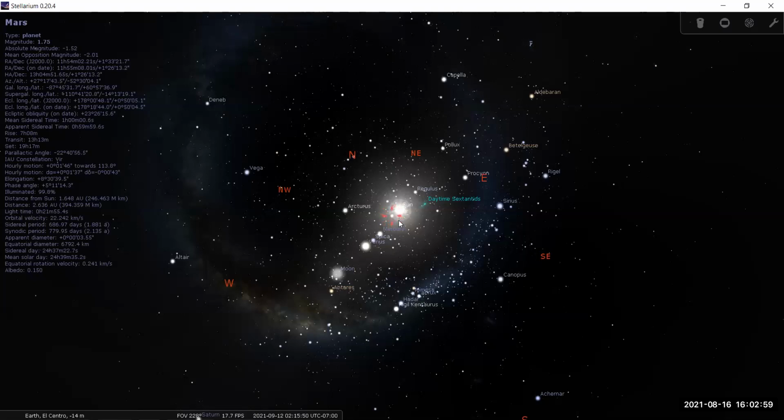Actually, it's the biggest object from the inner planets, followed by Venus, followed by Mars, followed by Mercury, and then the moons. Actually, one of the moons of Jupiter is bigger than Mercury. But the Earth's moon is less than Mercury. So this is, in a nutshell, basically an intro to our solar system, okay?